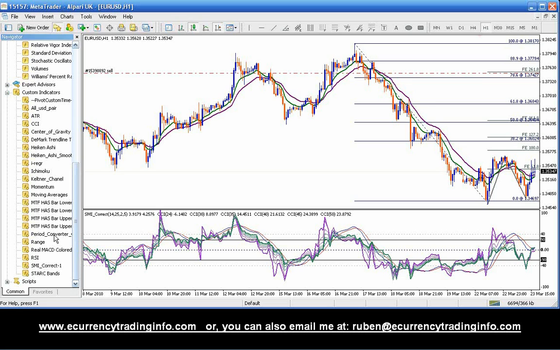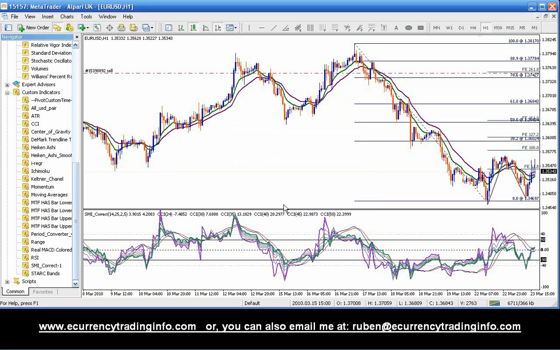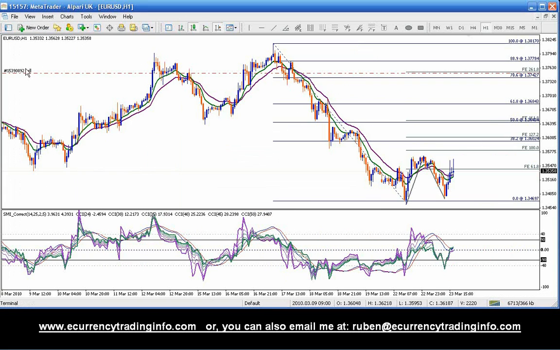You will click on it and drag it on top of your chart, and where it says period multiplier, if you want a 6-hour, you will change it. If you want a 2-hour, you would leave it. You will change it to whatever multiplication of the time frame that it currently is. So if it's a 15 minutes and you want to make a 45 minutes, you will just change the period multiplier to 3. Now since this is a 1 hour and we want to make a 6-hour, we will double click it, we will make a 6, then we will double click the OK,